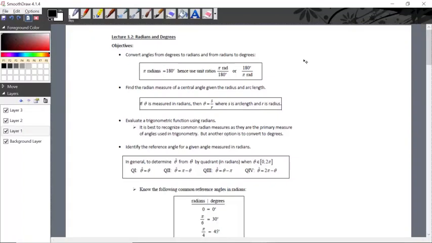For section 3.2, we'll be introducing the angular measure called the radian. It is a unit of measure which tells us how much rotation there is, which is similar to what a degree does. The numerical value of the radian is not equal to the numerical value of the degree. In fact, the radian is constructed to